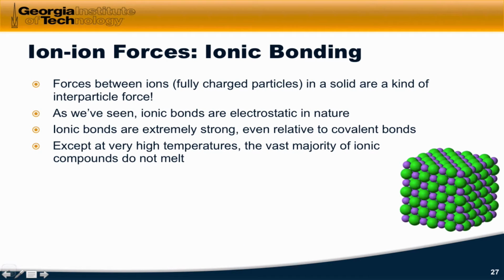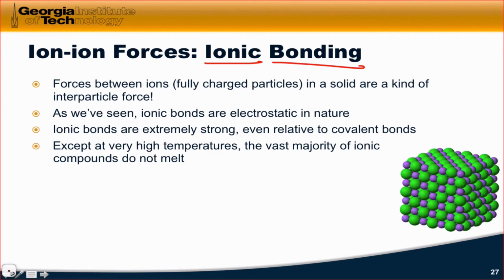To begin, let's look at the strongest type of intermolecular force, quote unquote, and I use quotes here because ion-ion forces, although they are technically interparticle forces, we typically think of them as bonds in their own right. They're ionic bonds, and these are much, much stronger than all of the other types of intermolecular forces. They're electrostatic in nature, they just follow Coulomb's law, and they're extremely strong even relative to covalent bonds because there are multiple, for example, positive particles around each negative particle, and these are in very close proximity and in a